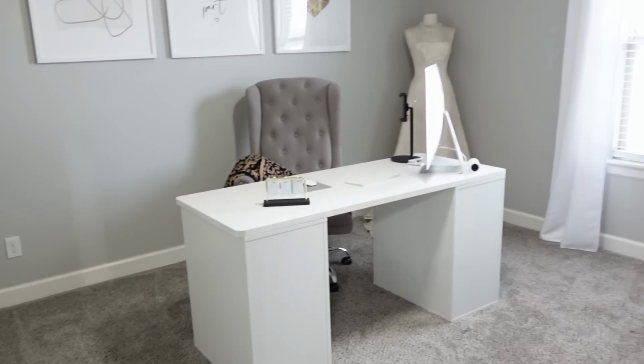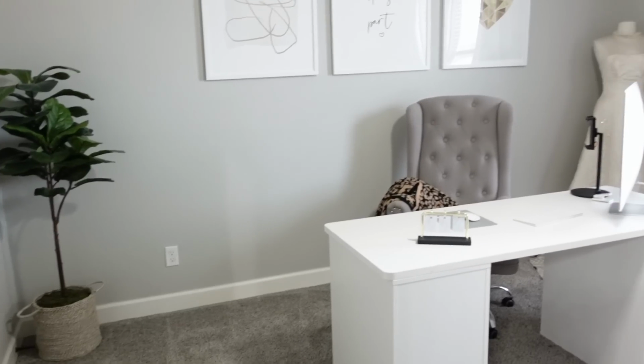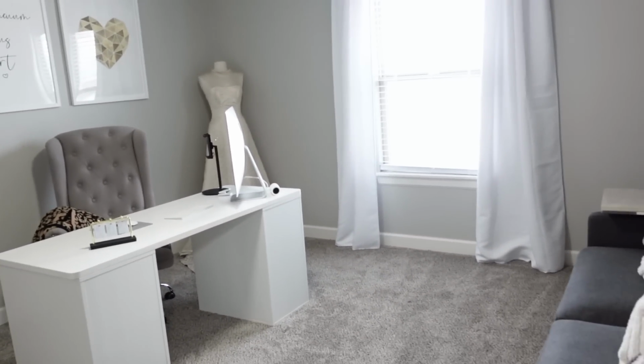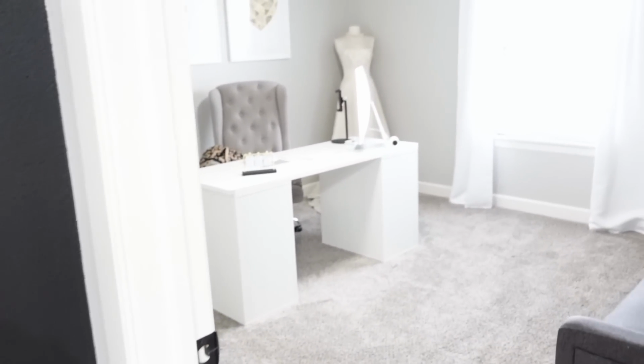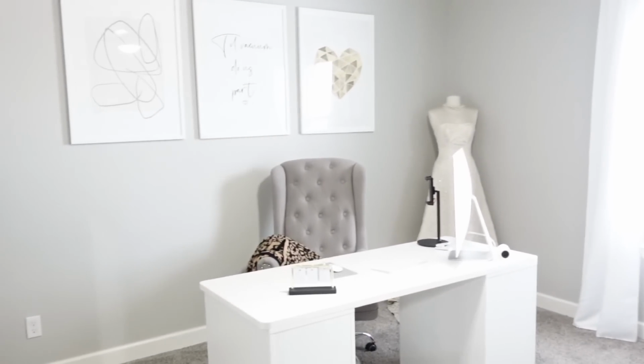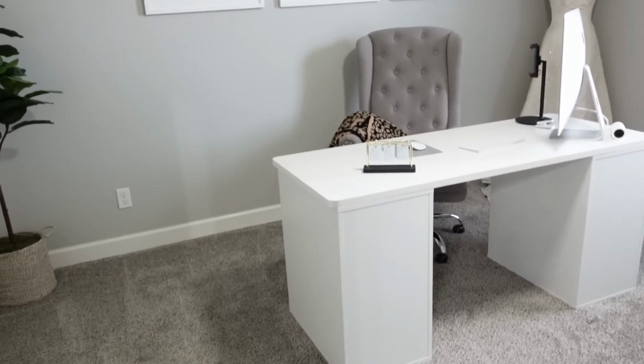So this is my office. If you're not caught up, I switched rooms. I switched a few rooms, but now I'm in what used to be the guest bedroom. So here's the little nook, and then you walk into it. Here's my space. It's not terrible because obviously I had a few pieces from the last space, but in here